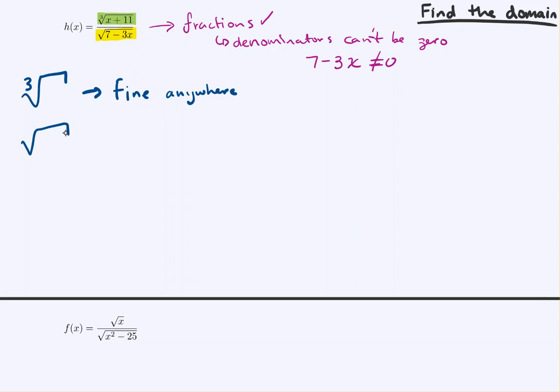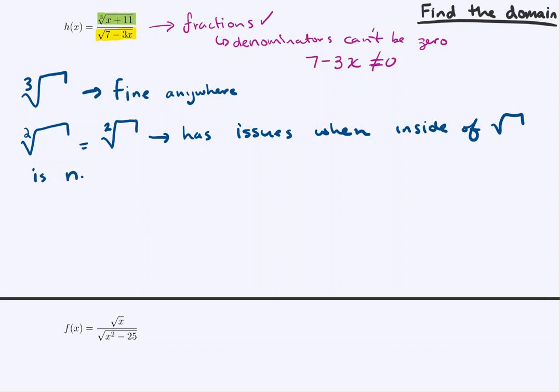But when we're looking at just the square root, which when there's not a number written in this crux here, it's implied to be a square root, this has issues when the inside of the square root is negative. Because if you try to look at the square root of a negative number, you're actually not in the real numbers, you're in the complex numbers. So specifically, where is this square root negative? Whenever the inside is negative, so we need to avoid